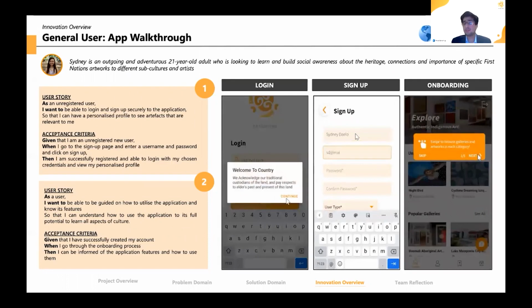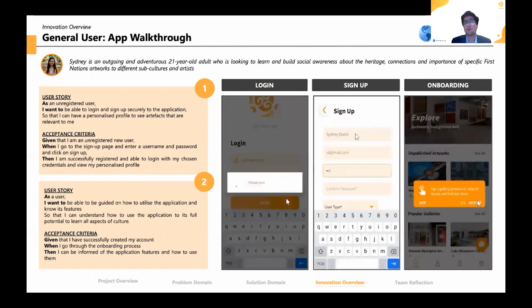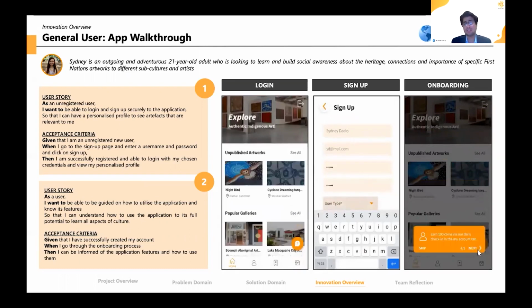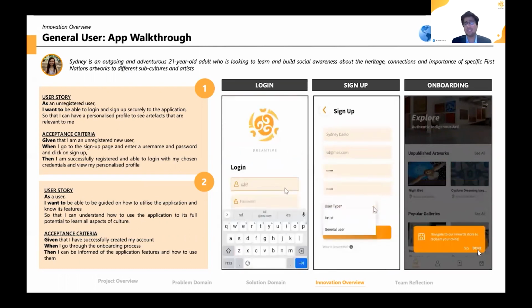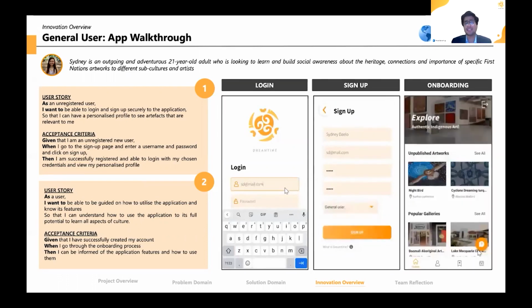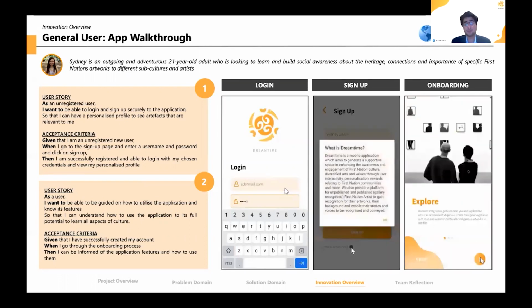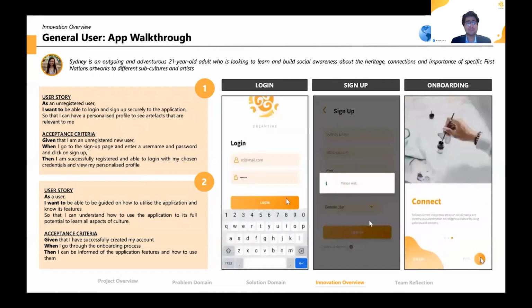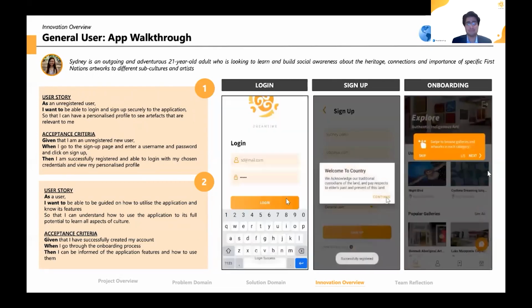To understand the purpose of the application, I can click on the What is Dreamtime button. Once signed up, I can acknowledge the traditional custodians of the land in which we meet by clicking on the Continue button. How can I understand the capabilities of the application before user interaction? Using the overlays, I can gain a wider glimpse of the features in the app and navigate seamlessly.